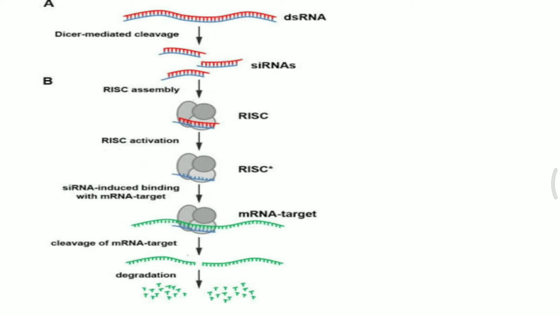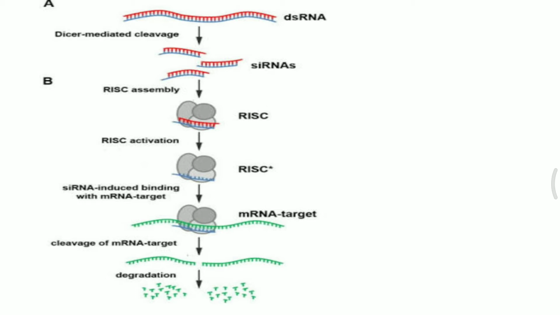During that time, as you can see, two strands are there for RNA. One is the red one, another one is the blue one. The red strand is removed and only the 5' end of the less stable RNA is attached with the RISC complex. As soon as this single-stranded siRNA is in contact with the RISC complex, it keeps on looking at different mRNAs, and whenever it finds the complementary mRNA, it binds to it.